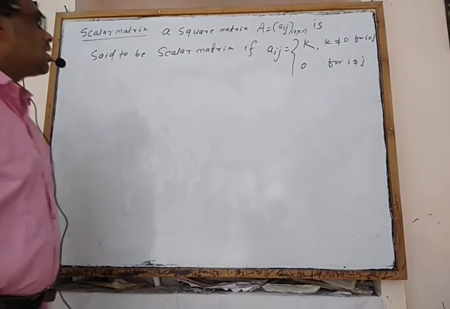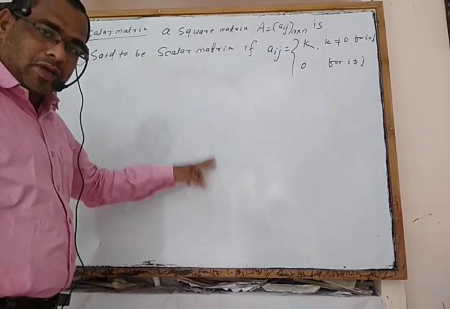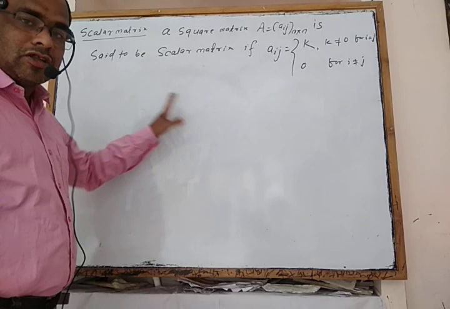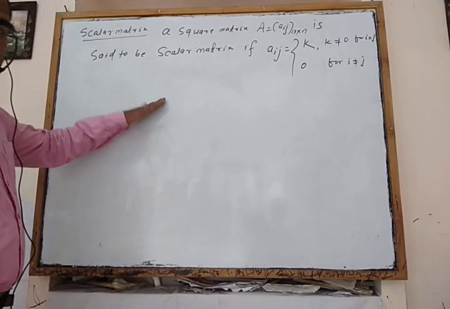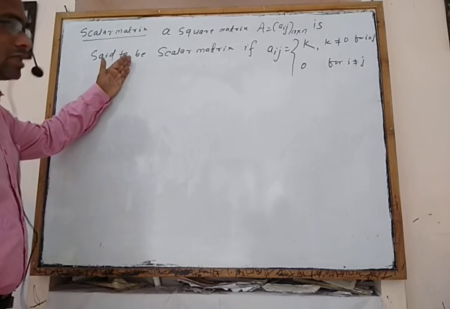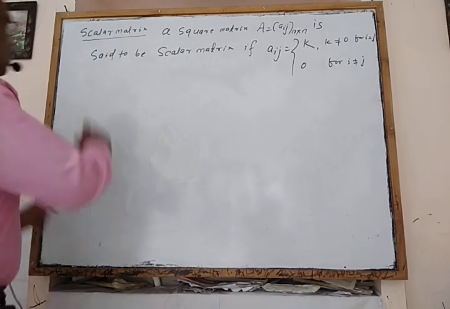Now a square matrix where the diagonal elements are the same number and the non-diagonal elements are 0 is called a scalar matrix. So every scalar matrix is a diagonal matrix, but every diagonal matrix is not a scalar matrix. For example,